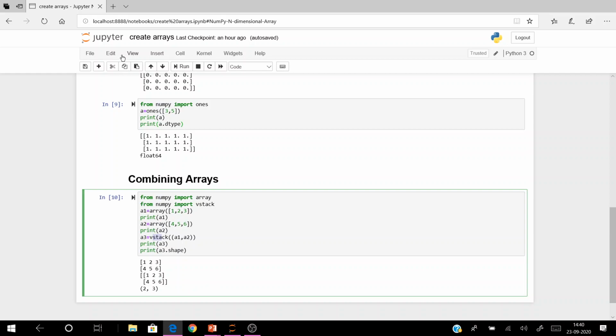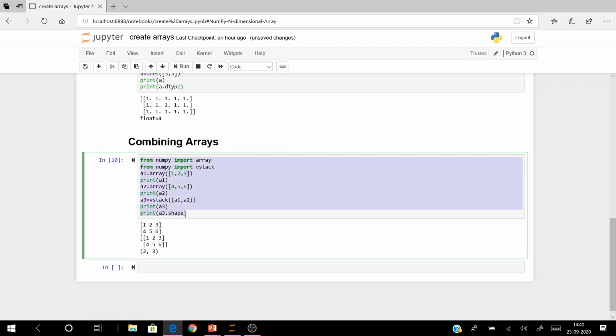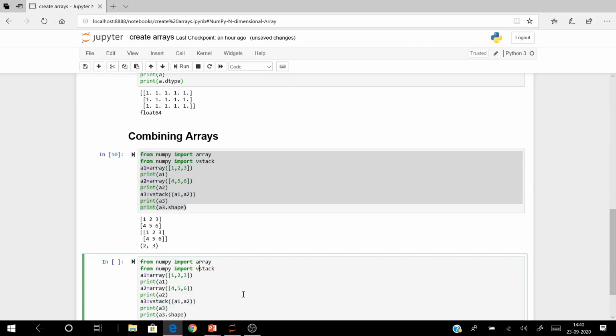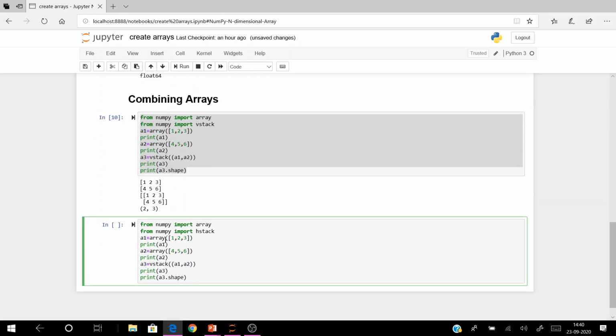In the same way, we can also combine arrays horizontally with the help of a function called hstack. For that, we need to import hstack, and in the same way, arrays a1, a2, and here I want to combine the arrays with the help of hstack.